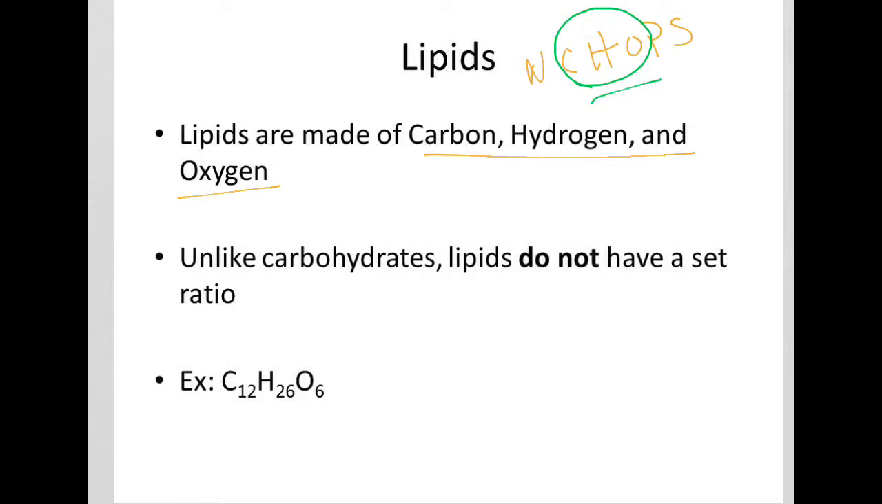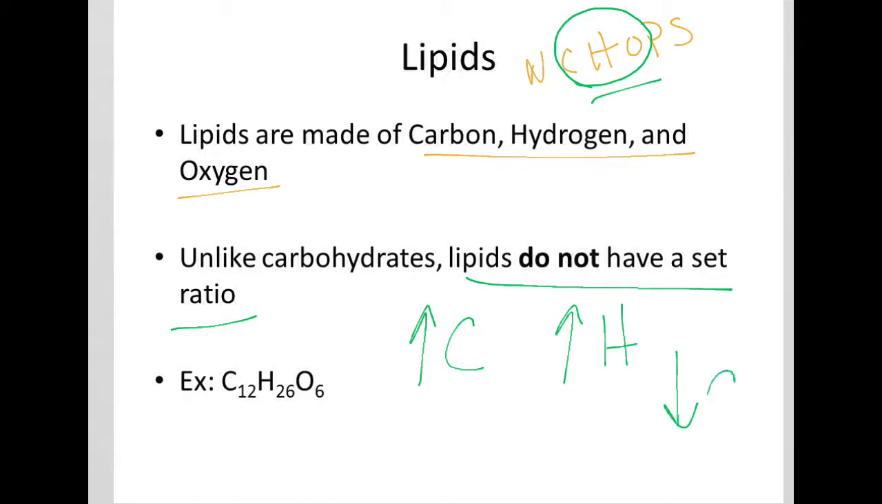However, unlike carbohydrates, lipids do not have that set ratio. Remember, carbohydrates came in that 1 carbon to 2 hydrogen to 1 oxygen ratio. Lipids don't have that set ratio. However, they do have increased numbers of carbon atoms and increased numbers of hydrogen atoms with decreased number of oxygen atoms. So in this example here, you can see we have lots of carbon, lots of hydrogen, and very little